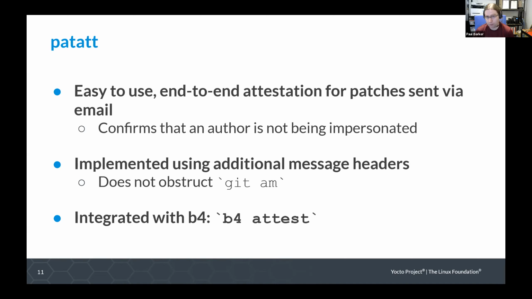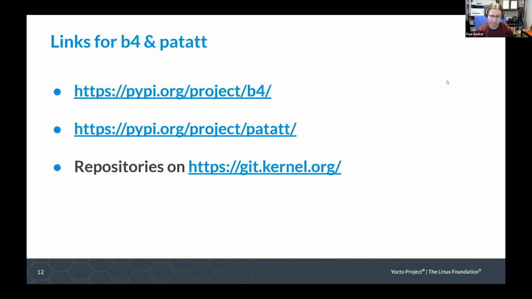And this can be used standalone. The patatt tool is a Python tool you can install, or it can be used with b4 using this b4 attest command.